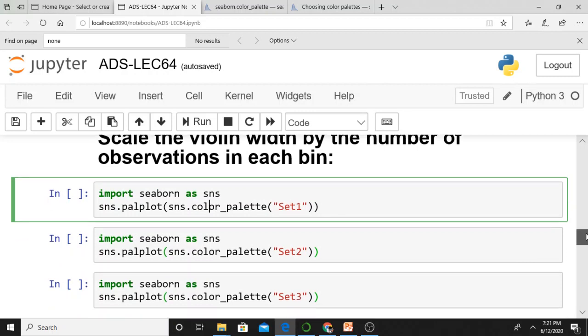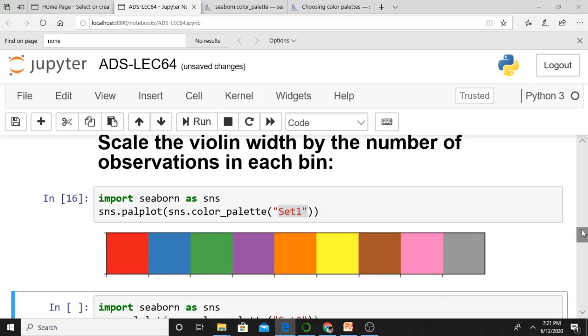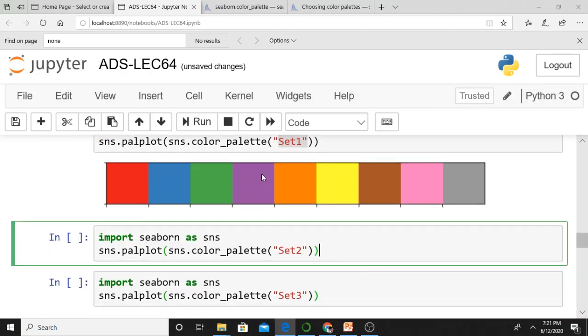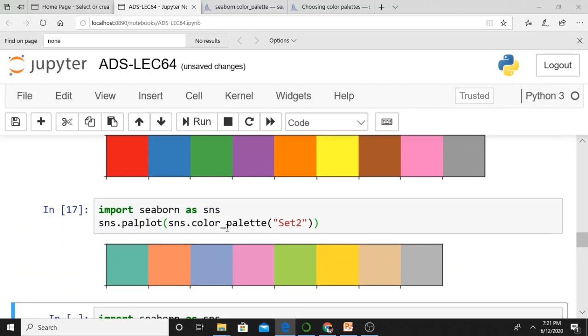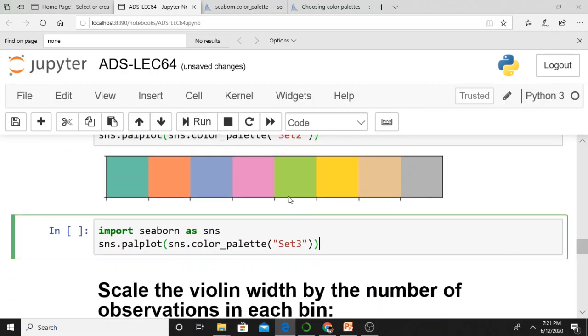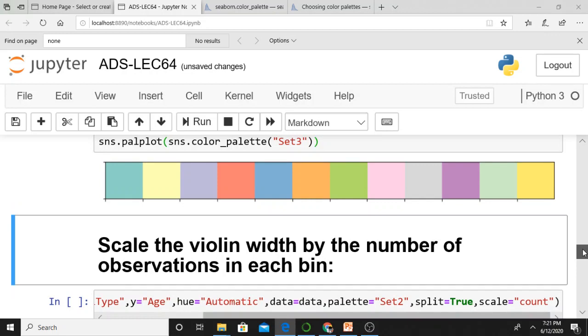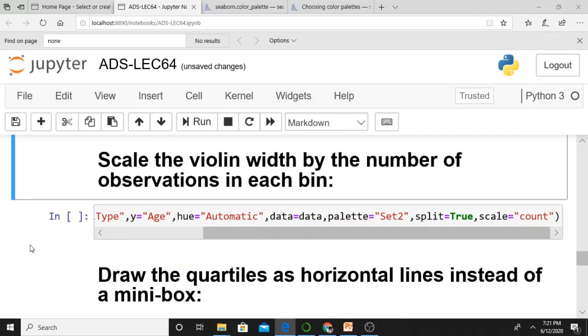Import Seaborn as sns, and this is set1. I already discussed set1. What are the possible values for set1? These are the palette values under set1. You can even run the same code with set2 palette values. These are the colors available in the palette for set2. There is another set known as set3. These are the set3 palette values. These are different palette values. I already discussed what a palette is in my previous lecture.